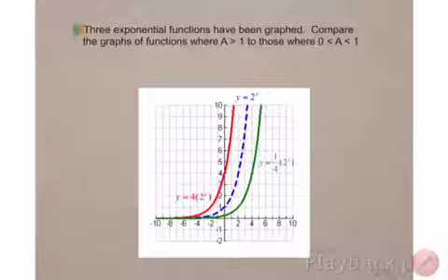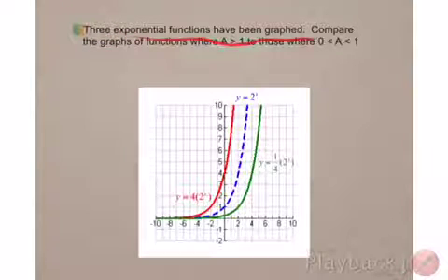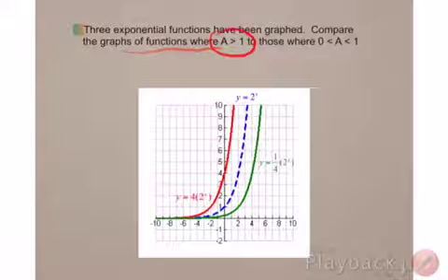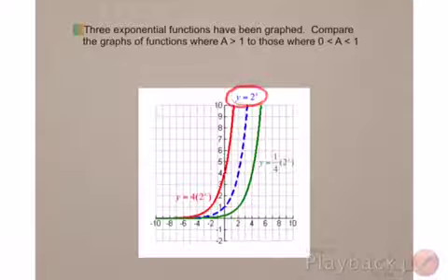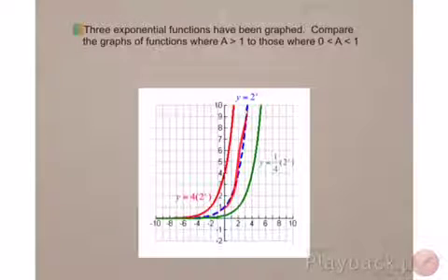For the next lot of graphs, we've got 3 exponential functions that have been graphed. Compare the graphs where the capital A is greater than 1 this time, and where the capital A is between 0 and 1. For y is equal to 2^x, that's our parent function, the blue line. If I look at y is equal to a quarter times 2 to the power of x,